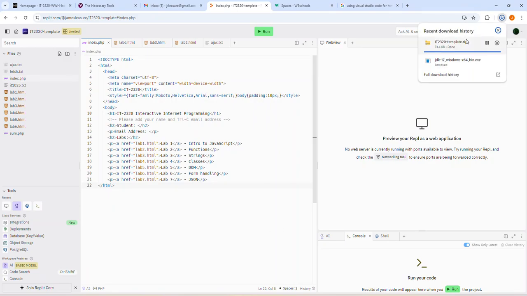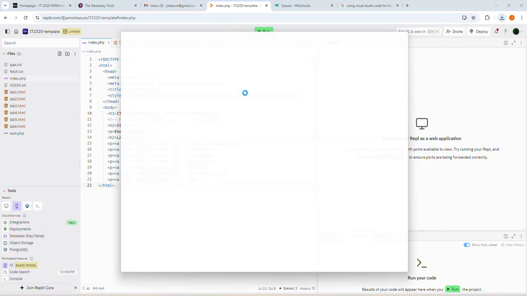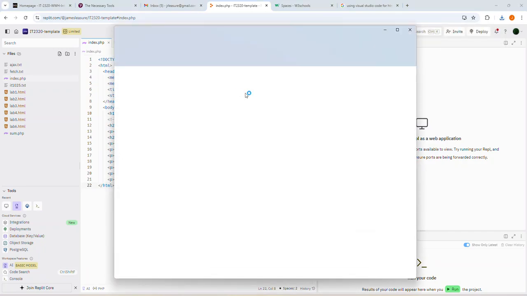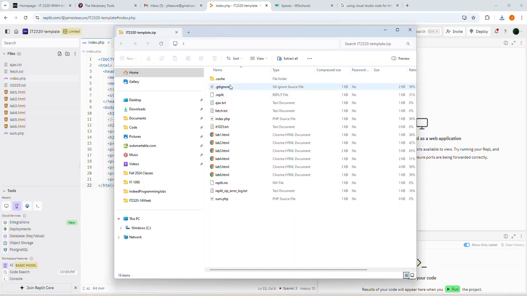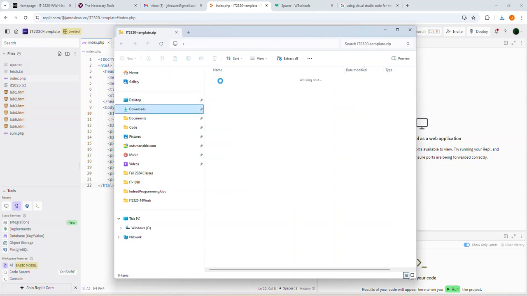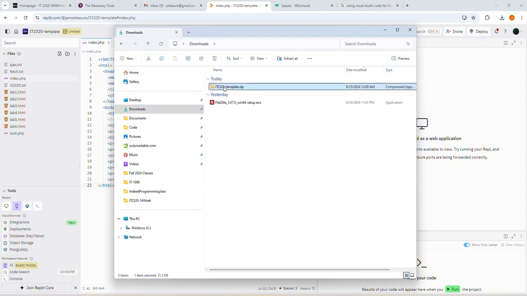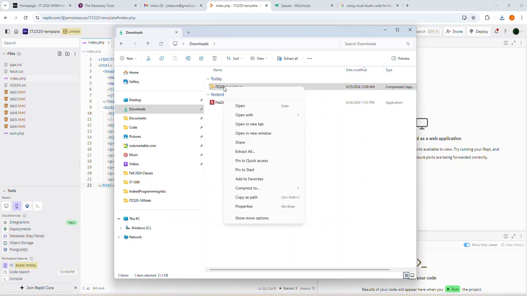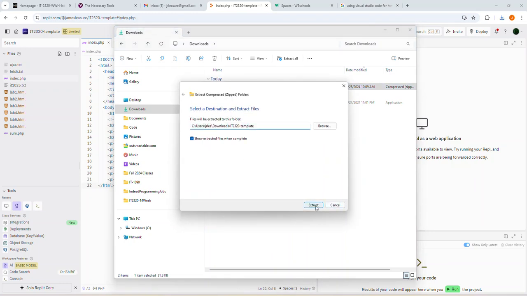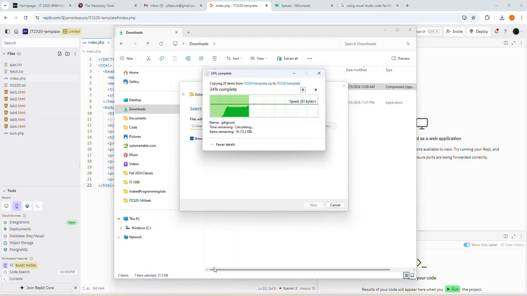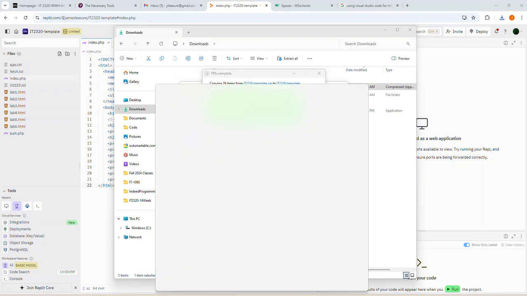And once it's downloaded, then you can download and install a program called Visual Studio Code if you don't already have it. And Visual Studio Code is